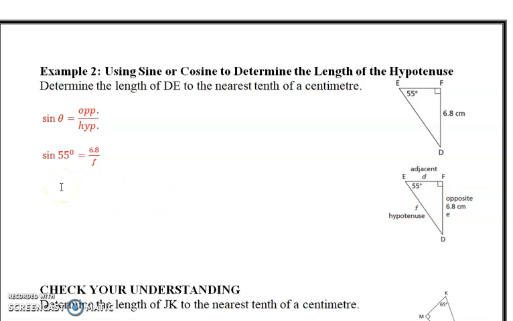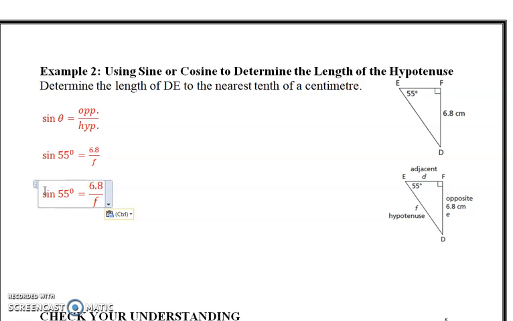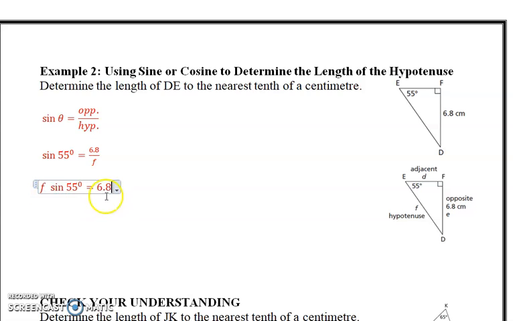So to solve for this, we're going to multiply both sides by f. Multiplying both sides by f, we get f sine 55 equals 6.8. And then we divide both sides by the sine of 55 degrees. Don't even find a decimal here, just leave it as you see it like that. Divide both sides here, and we end up with